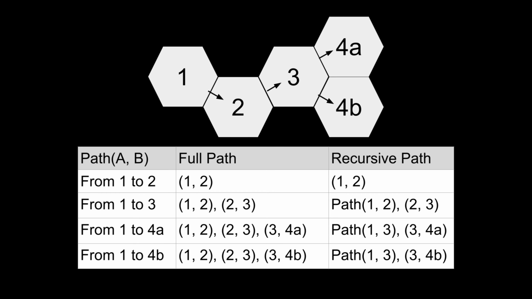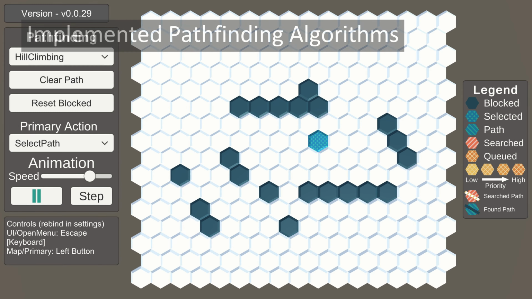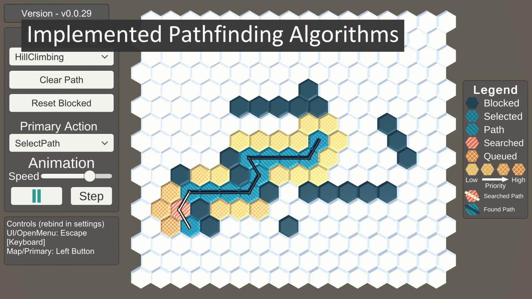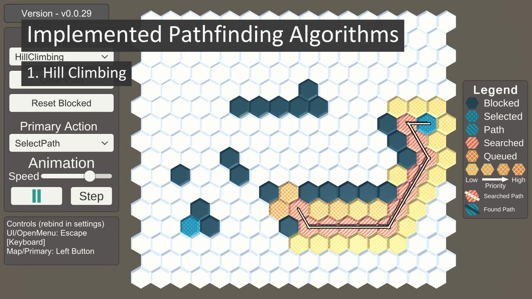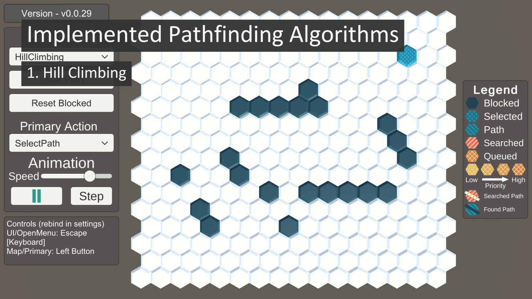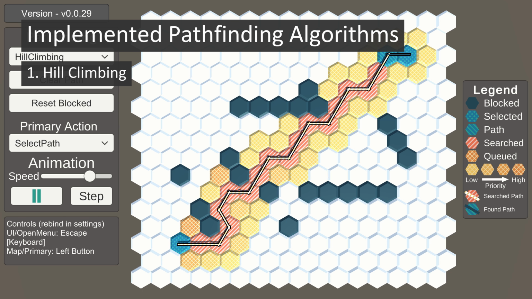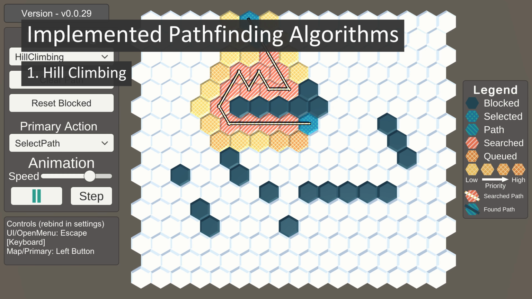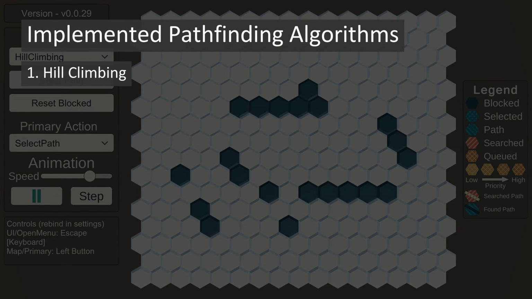Additionally, in future videos, I will be covering each of the algorithms implemented in the demo. The 4 currently implemented algorithms are: 1. Hill climbing, which just takes a step towards the end and will backtrack to the previous location if it is blocked. This is a natural way of searching to take the step closest to the endpoint, but can fall into local minimization optimization problems.